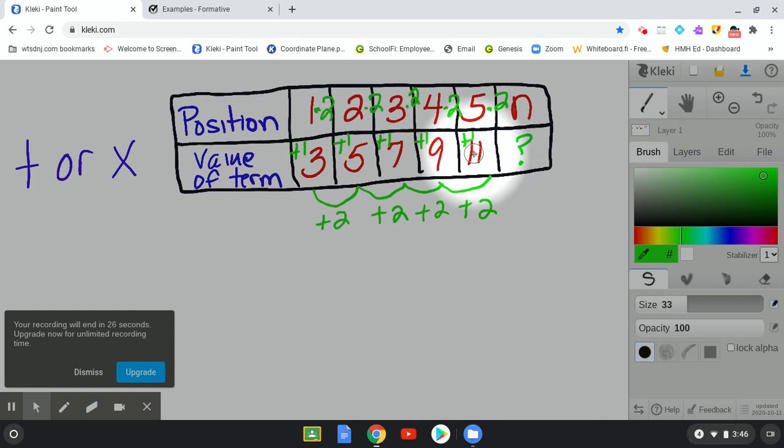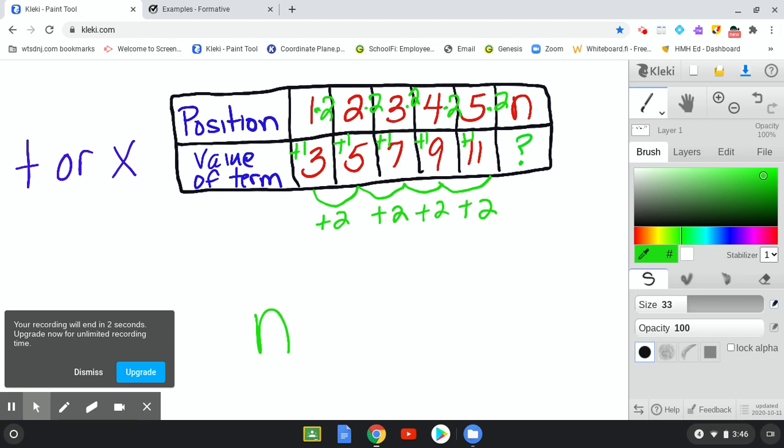So now I need to figure out what my algebraic expression is going to be. Here, these are all my n values: the 1, the 2, the 3, the 4, and the 5. Well, what did I do to my n? I took my n values and I multiplied them by 2. So I would not take n